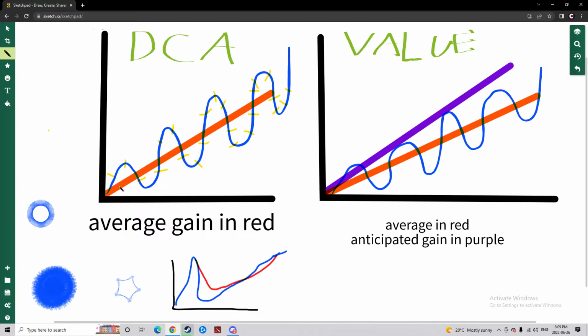So SPY and VOO's average has been 10%. And if you invest on a very consistent basis all the way through, then your gain is going to be the average of what you bought. So in this case, 10%, whether it was high, whether it was low, you averaged that gain.